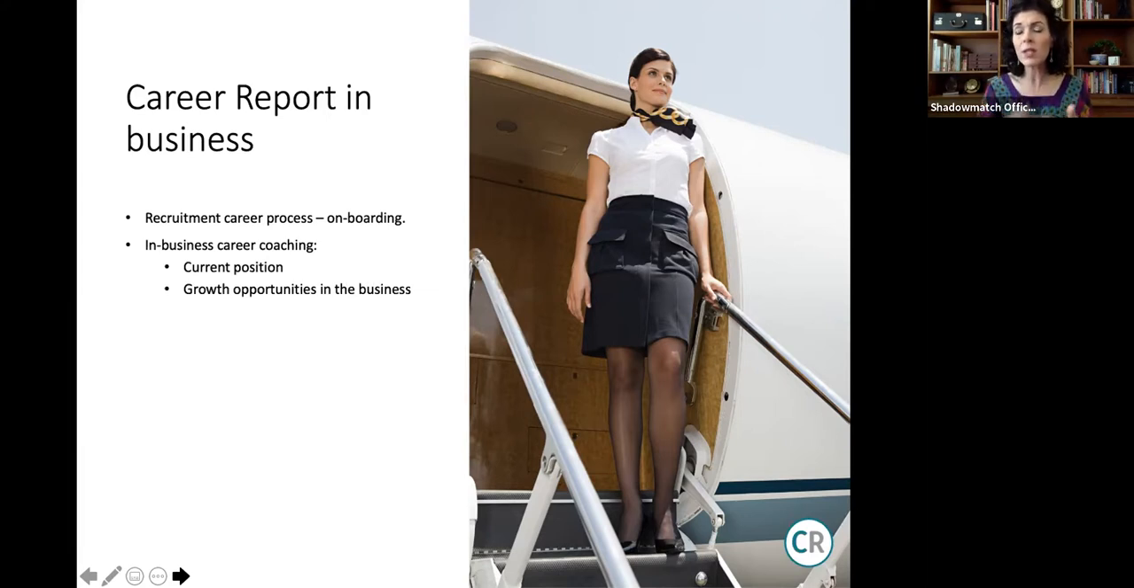Then we use the career report to look at growth opportunities in the business. If I'm an air hostess and I'm one of the flight crew on the aeroplane, I start as a junior air hostess, but what's my next step? What are the growth opportunities in the business? Can I progress towards a senior flight attendant, a purser, they call it in the flight industry? And what's my next step then? So the career report helps us to look at the individual together with the individual to craft that career journey